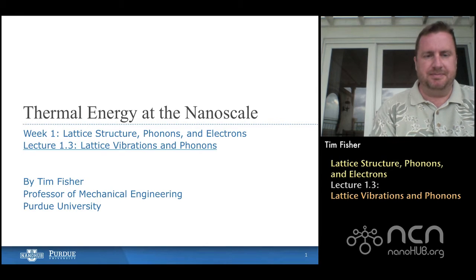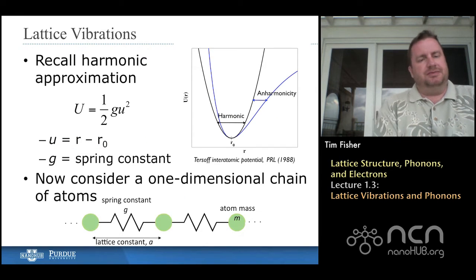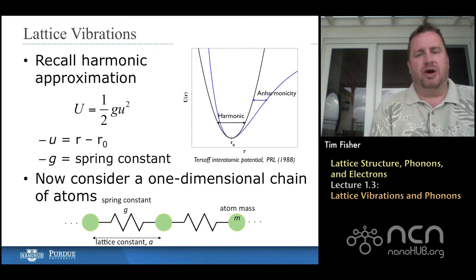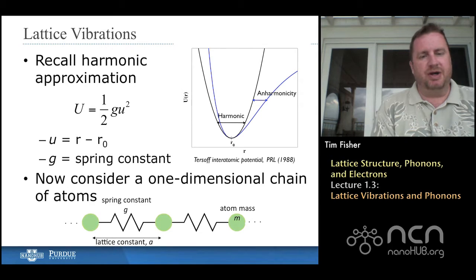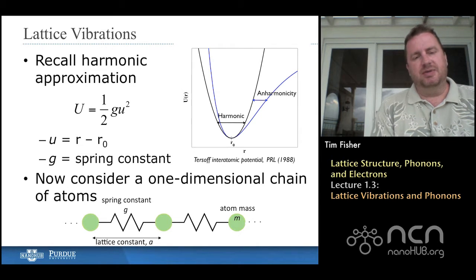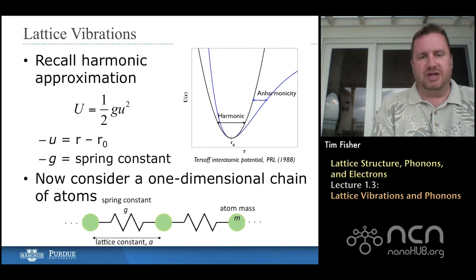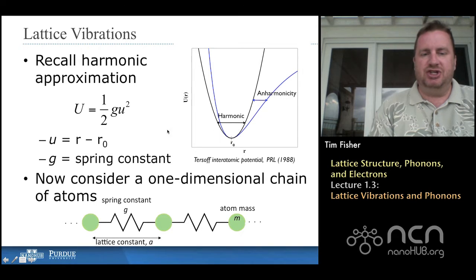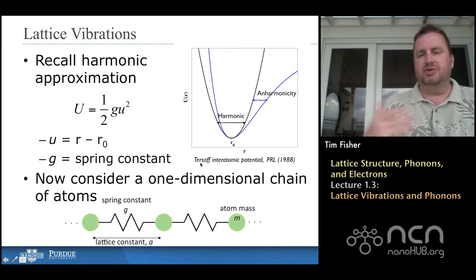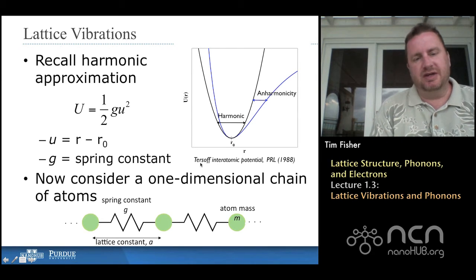heat capacity. So we're going to start by thinking back to the harmonic approximation that we made with respect to two atoms that were bonded together, and we said that the potential energy stored between them is related to their displacement away from the equilibrium point, the bottom of this potential well. So that's shown here. And G is our spring constant, and that's something that we use to signify the strength